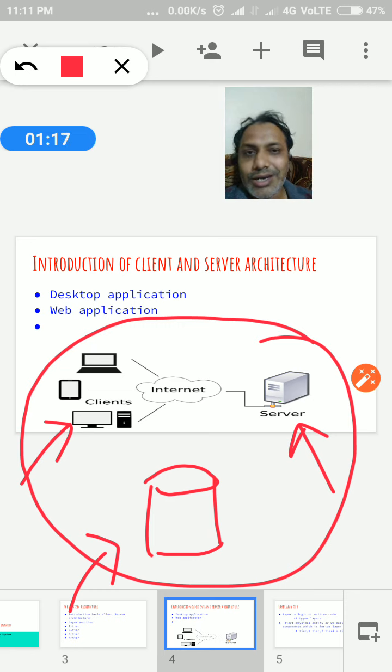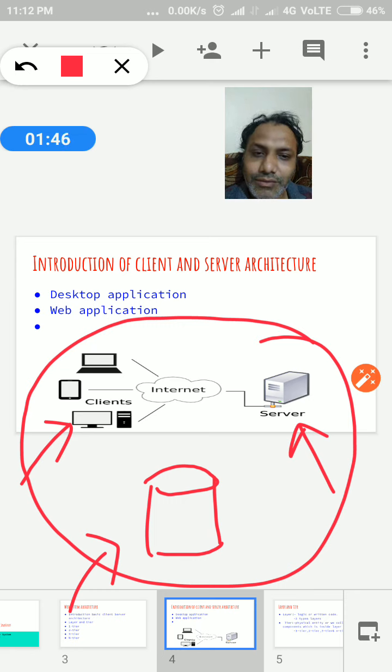And what are the disadvantages of that one tier? It is not scalable. It means a large number of users can't connect to the application server and database server, so that's why we call it not scalable. Another drawback is that it is not secure, because the applications or the presentation can easily connect with the servers and the database.